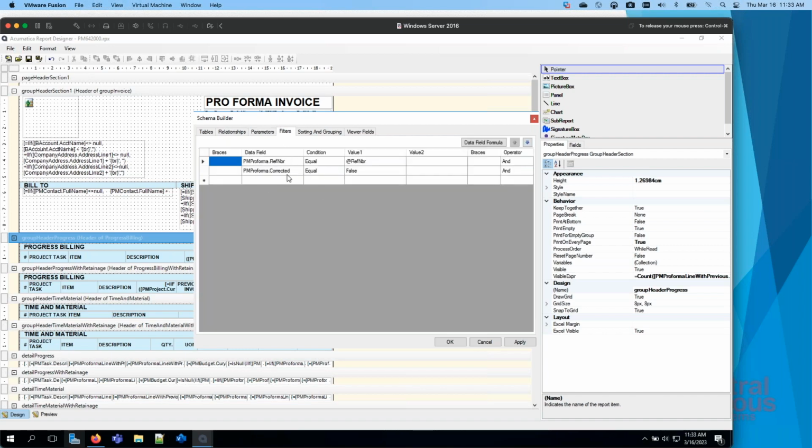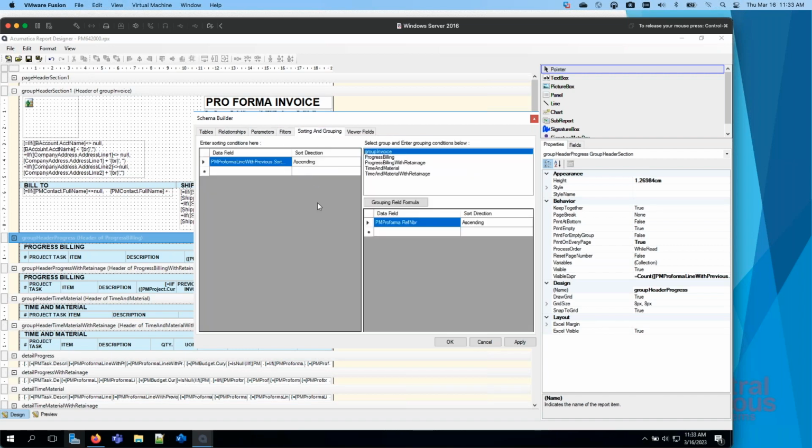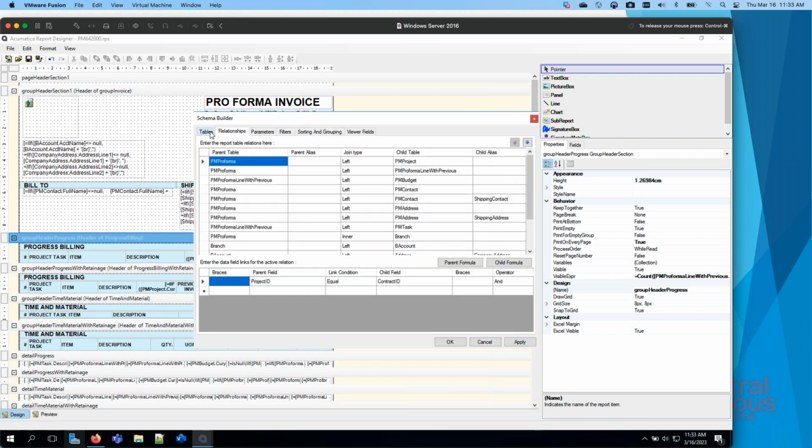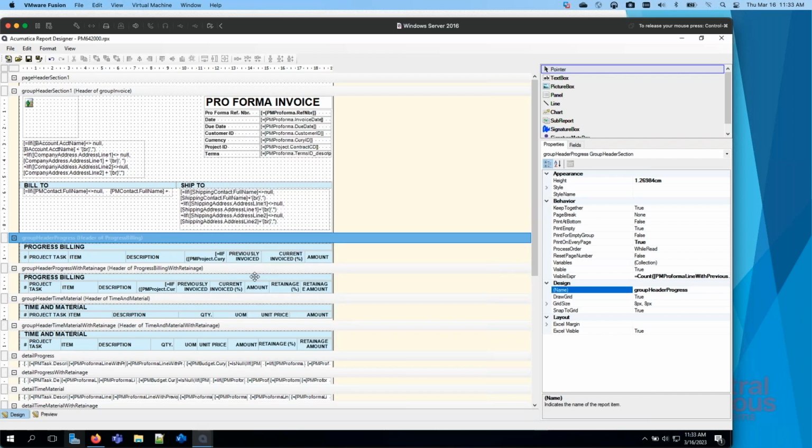We have filters. We have sorting and grouping. So here's the grouping that we just saw, but it can also be viewed from here. So this is where the information comes across from the tables. Again, that's more expert and relationship. So these are more expert items that we're seeing there, but that's how each of these fields and different items